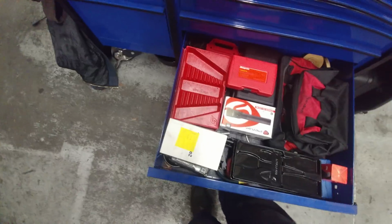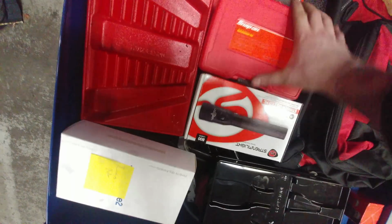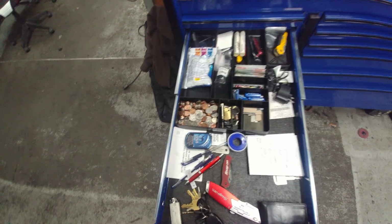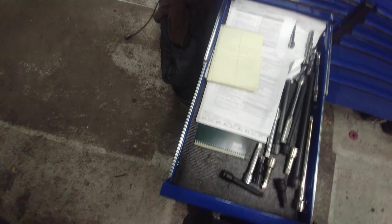This is kind of the empty box stuff. Bolt extractor set, air powered pressure tester for coolant. Other junk drawer. I keep all my keys and stuff. Half-X extensions, some paperwork,